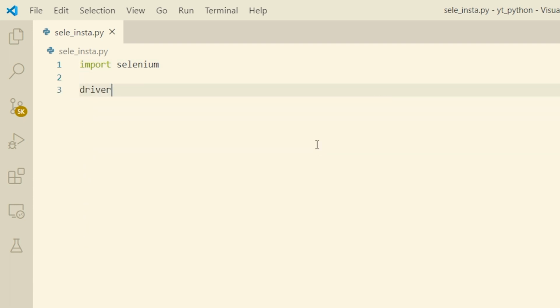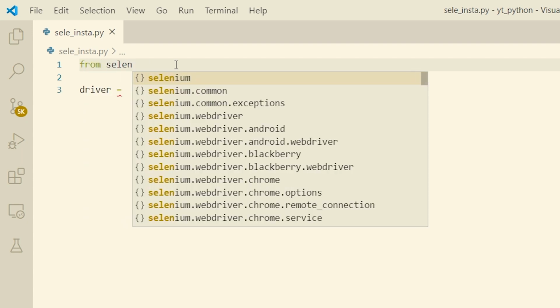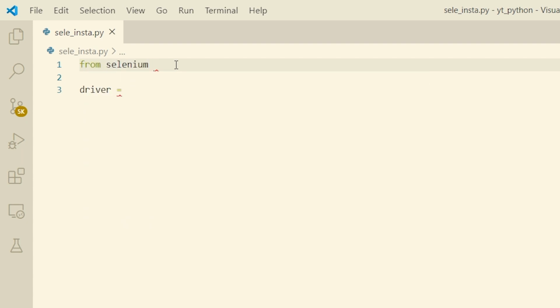What we have to do is, the variable driver is equal to... we don't need the whole of Selenium actually. From Selenium what we will import is: from selenium import webdriver. We need only webdriver and keys. Next I will tell you what that is.